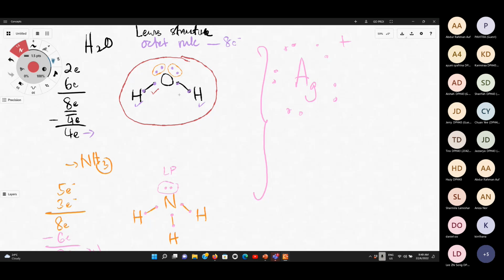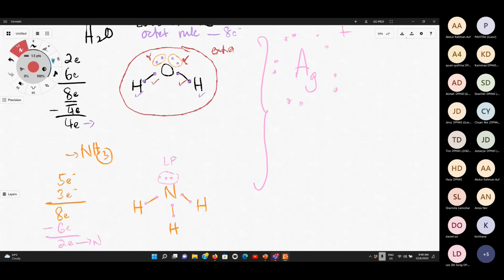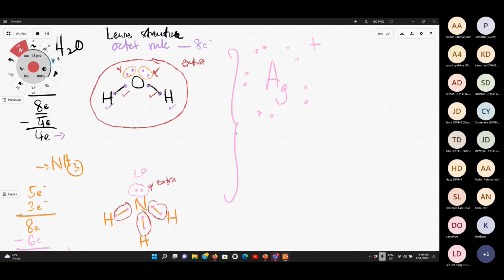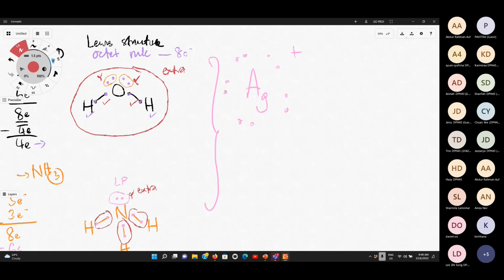So this is involved in a bond. Tapi ini tidak. Ini pun tidak. Itu saya maksud by extra. Ammonia pun sama. Sini ada terlibat dalam ikatan, involved in a bond, tapi ini tidak. So this is extra. Tapi untuk silver plus, Ag plus, all of them are not involved in a bond because